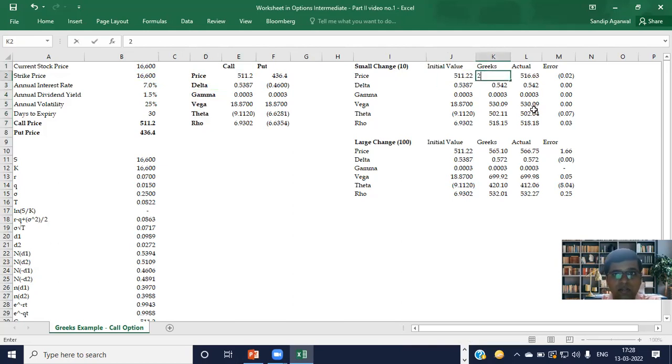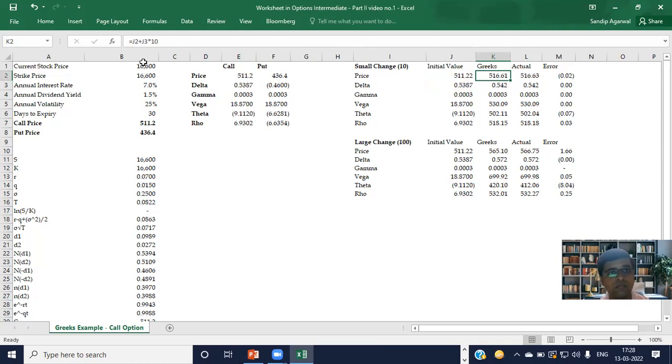So you can see what I have done. I have basically taken the existing price of the call option, which was 511.2. The delta of this call option is 0.54. So the Nifty has moved by 10 points in the upward direction. So then what is the revised price of this option? It becomes 511.2 plus 0.53 into 10. So we can say it should become basically 560.61.